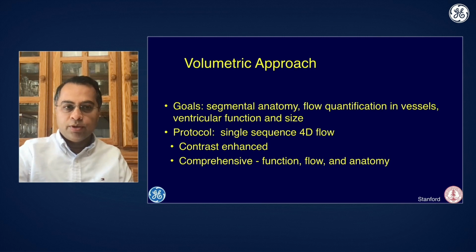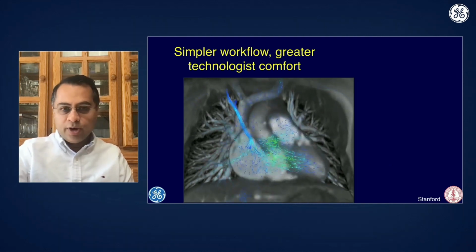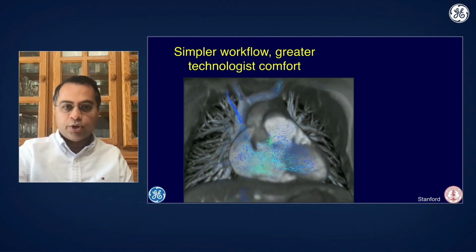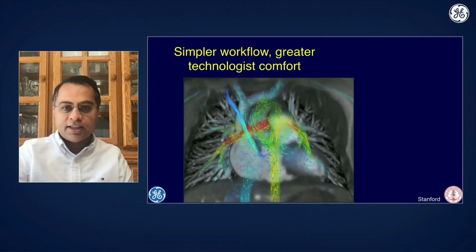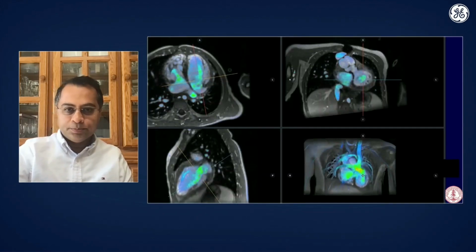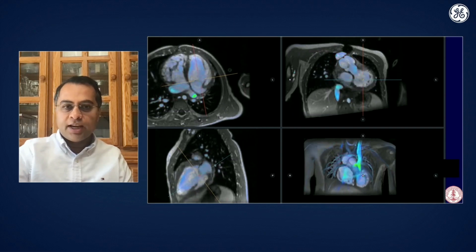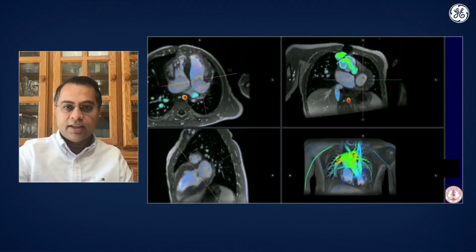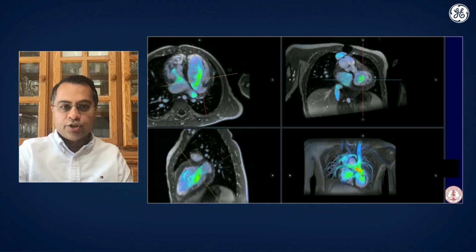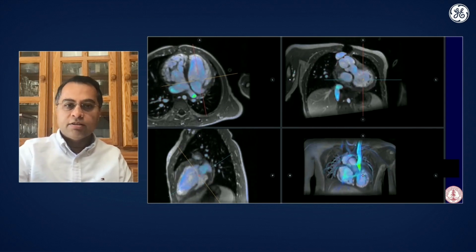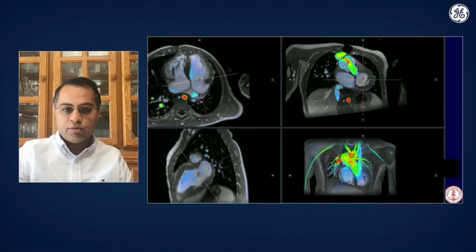You'll see that it provides both the function and flow as well as the anatomy in these cases. It's great for technologists because the workflow is much simpler. You don't have to have a detailed understanding of cardiac anatomy, much less a detailed understanding of abnormal cardiac anatomy. After you get a volumetric scan that covers the whole chest, you can retroactively reformat images into any plane you want. For example, here you see in the bottom right the rendering of the whole chest, but then in the other panels, the standard views: the valve plane, the four-chamber view, and also a two-chamber view.